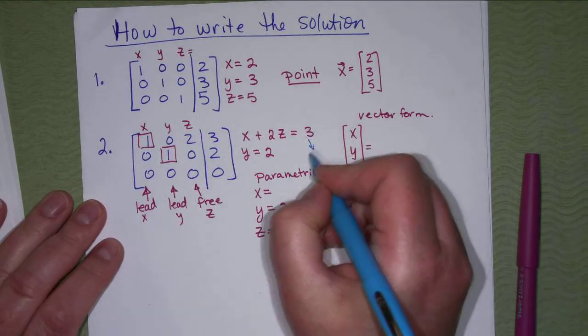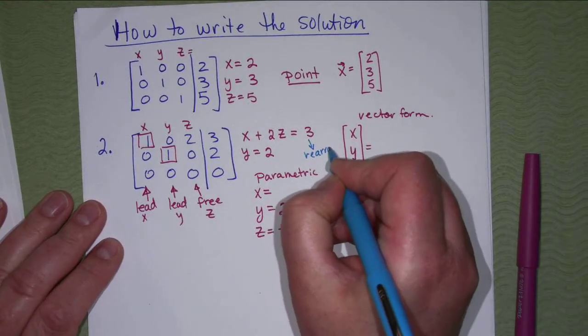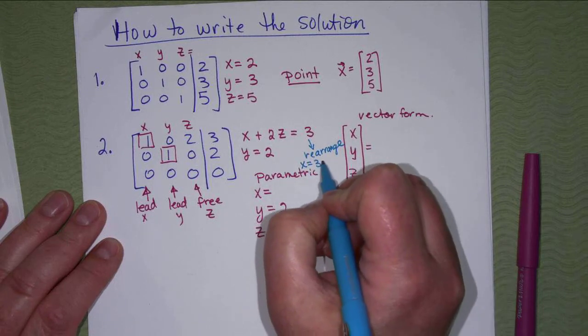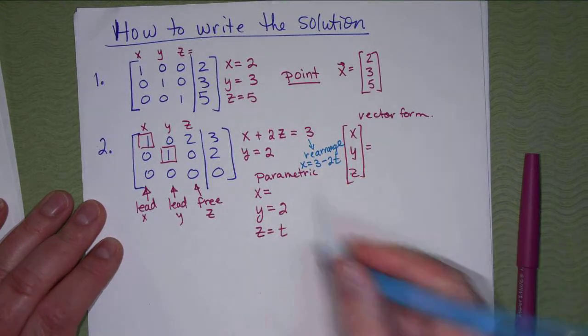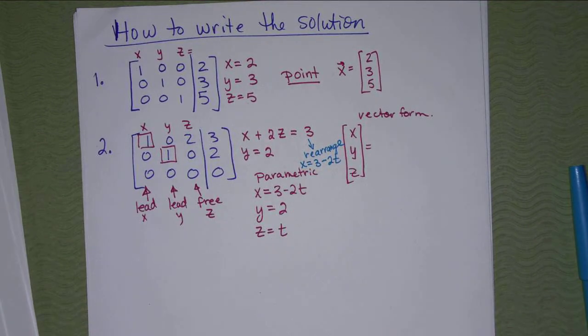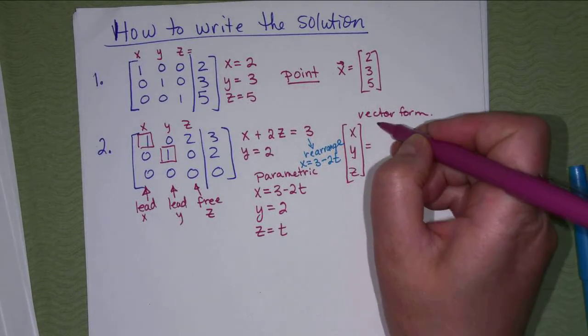Rearrange. So you'd have X equals 3 minus 2Z, but Z is T. And that's what you would say, 3 minus 2T. See how it works? So, if we write this out as a point plus T times our direction vector,